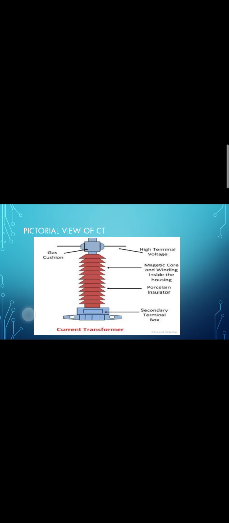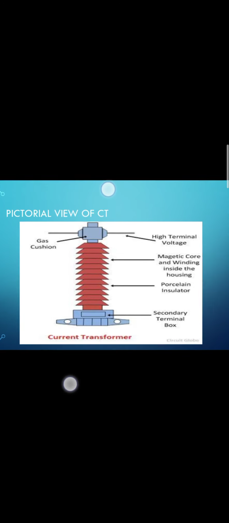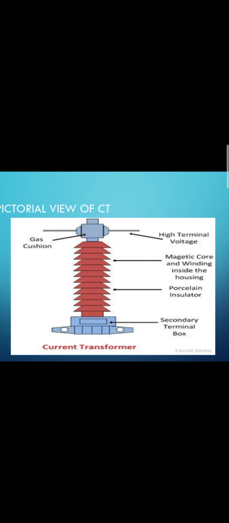The current transformer is used with AC instruments, meters or control apparatus where the current to be measured is of such magnitude that the meter or instrument coil cannot conveniently be made of sufficient current carrying capacity. The current transformer is shown in the figure ahead. This is the pictorial view of the CT.